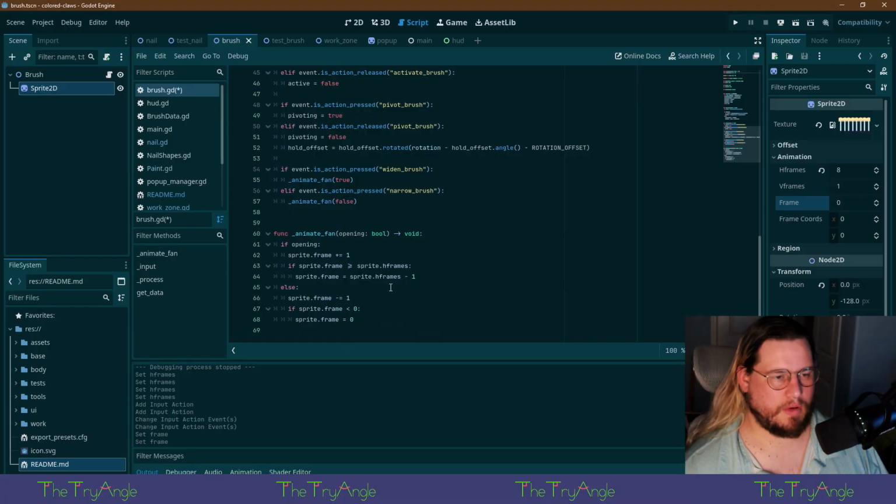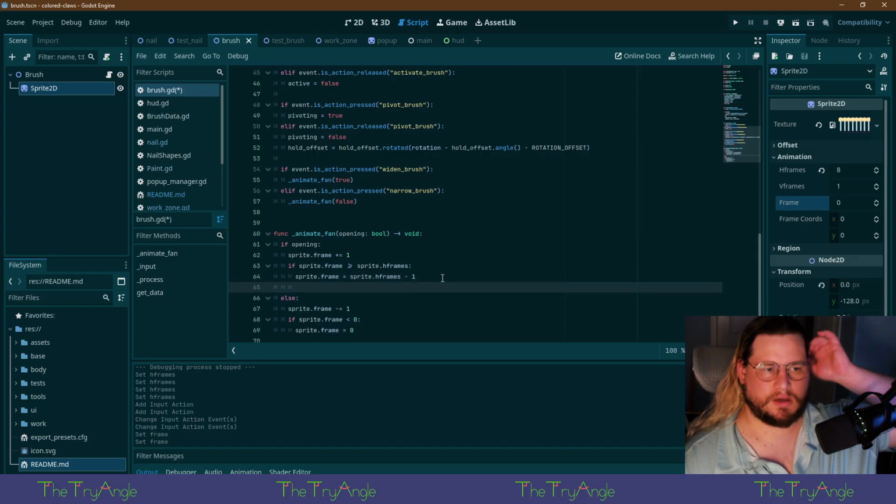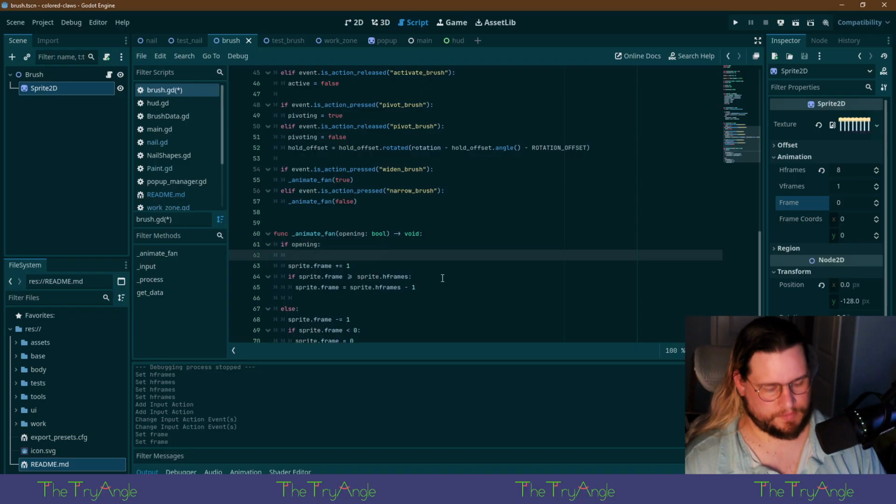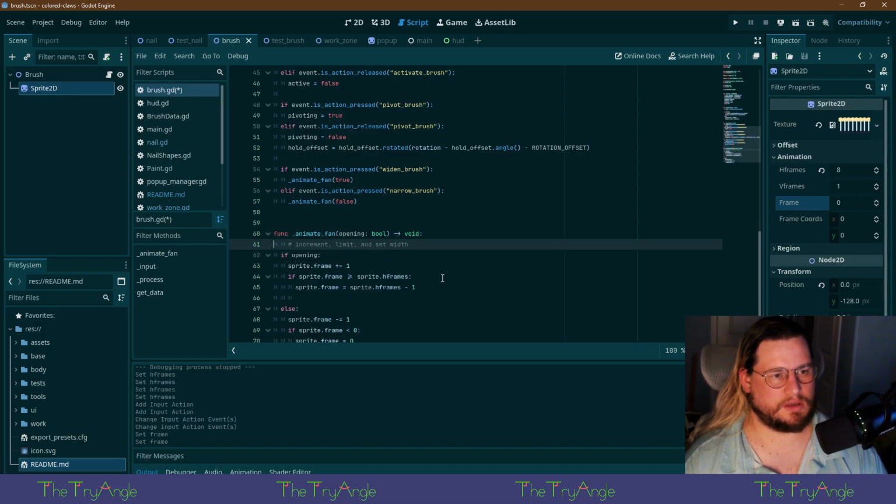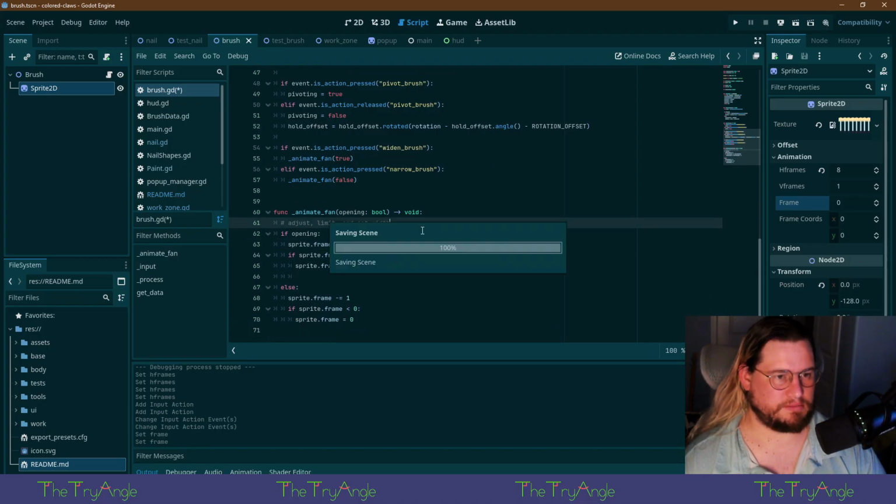So okay, so after this, we'll say increment, limit, and set width. Adjust, limit, and set width is what we're doing.